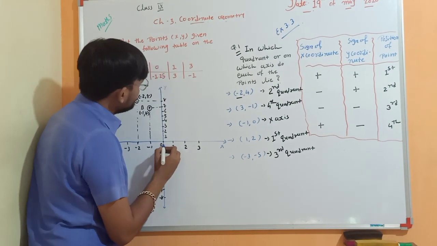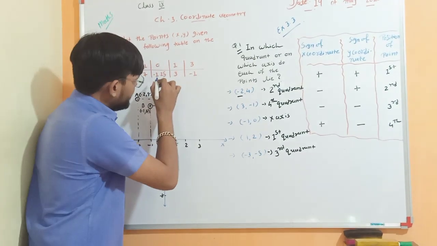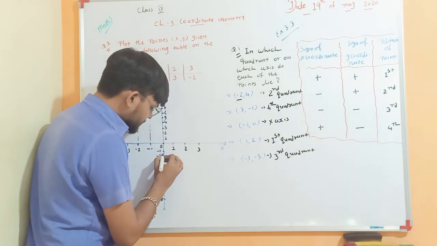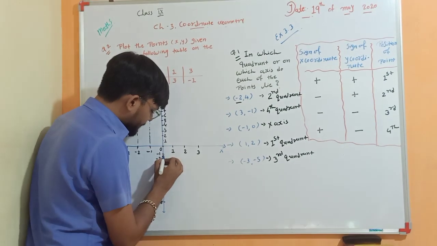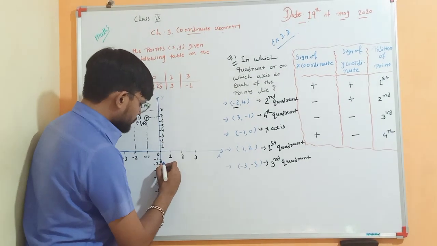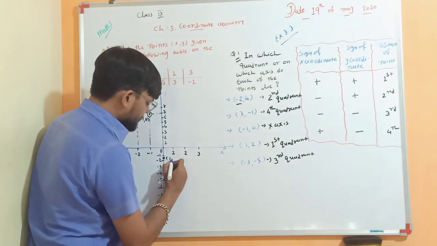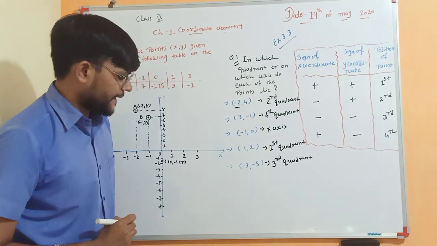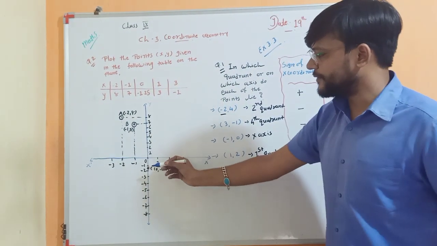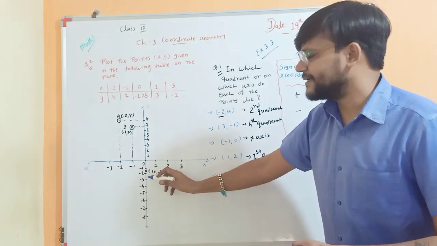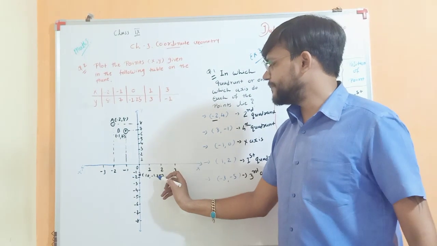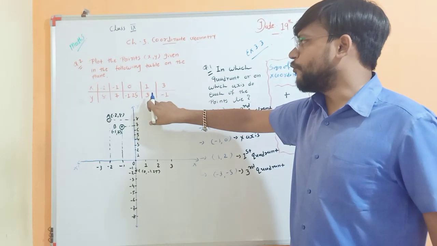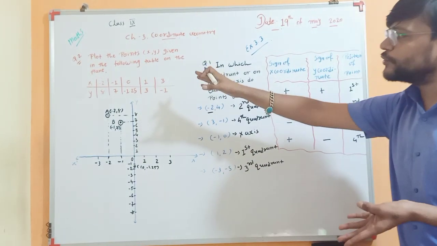First line means -1.1, second line represents -1.2, and third line represents -1.3. So that means the position is approximately between the second and third line, right? So this is the point C having the x coordinate 0 and y coordinate -1.25, right? So -1.25, that means between -1 and -2, between the second and third line, which represents -1.25. Now next is x coordinate +1, y coordinate also +3, both are positive.